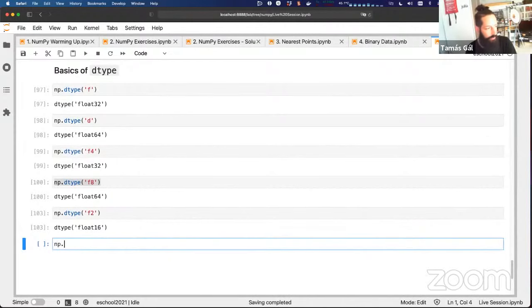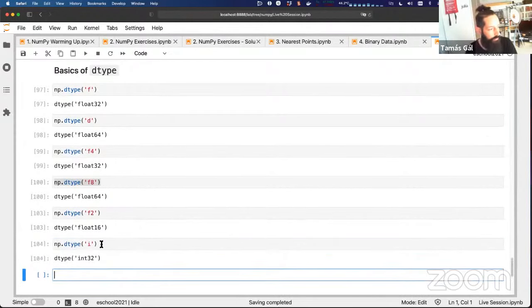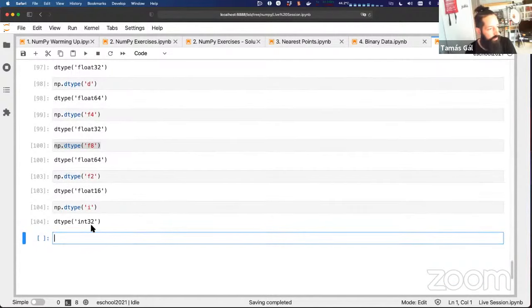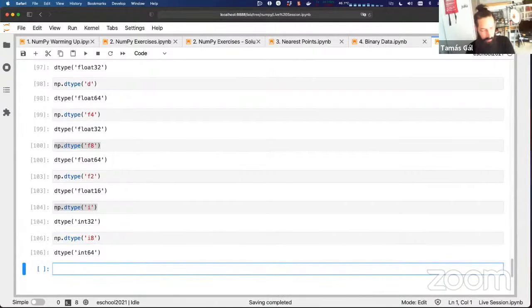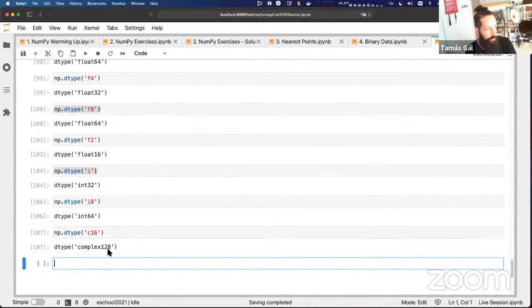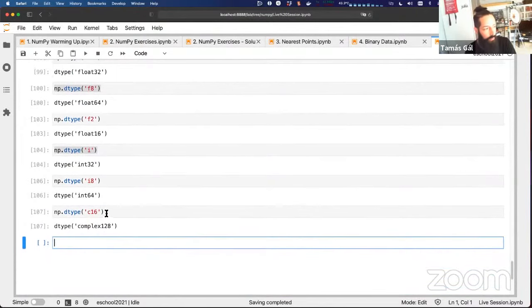There are integer types, which are denoted as I. This is the default small integer. And the I4 would give you, I8 would give you then the 64-bit version. And there are also complex types. So in case you are working with complex numbers, you can use the C. C16, for example, gives you the complex 128. And